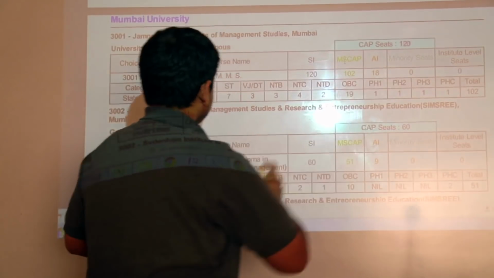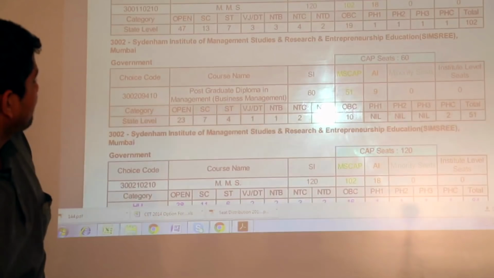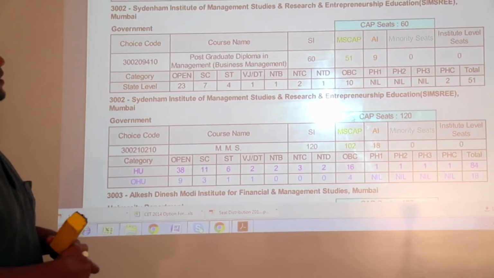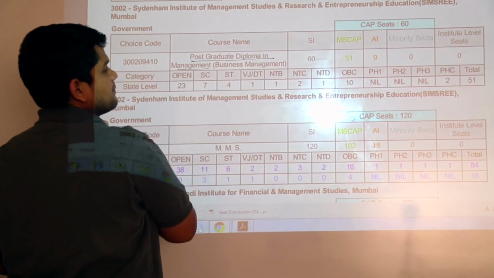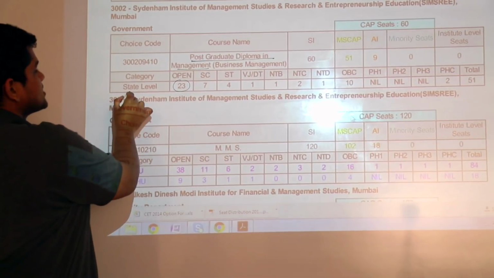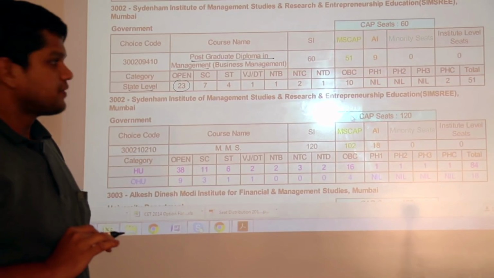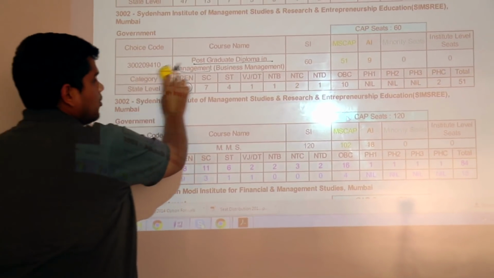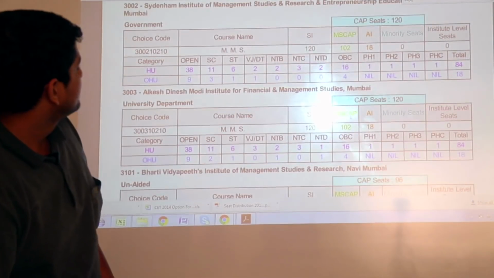Now the other institute is your Sydenham PG. So when you look at Sydenham PG, it has the Sydenham Postgraduate Diploma in Management, Sydenham PGDM. It has again 23 seats and all of them are state level seats. There is no home university or outside home university here. Fine. But for all the other colleges which offer an MMS course offered by Mumbai University, you look at